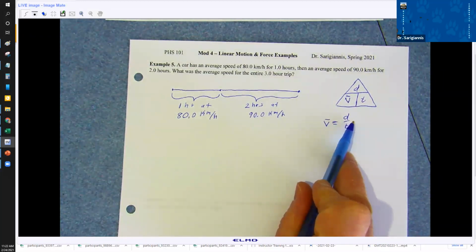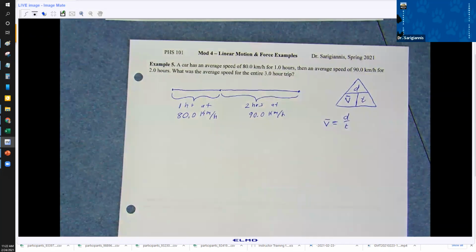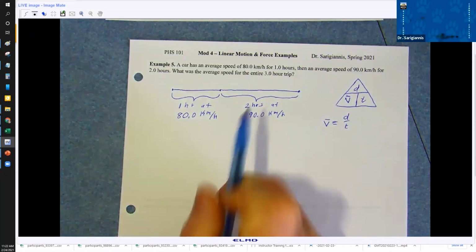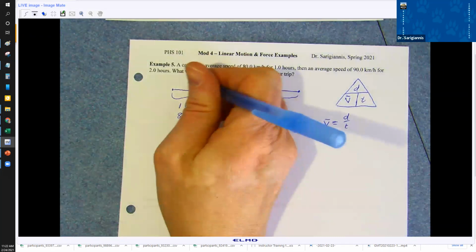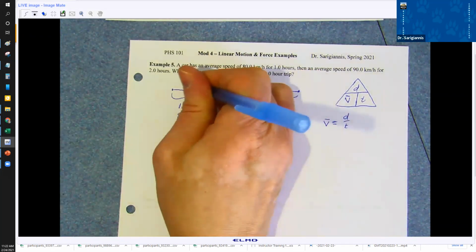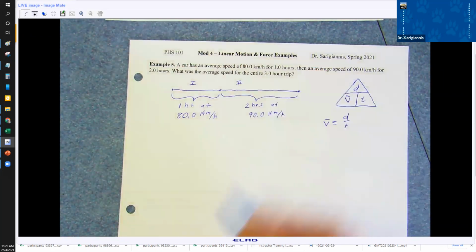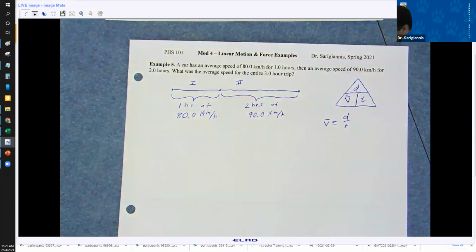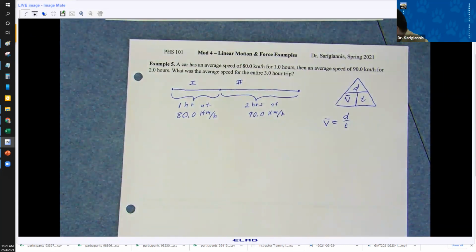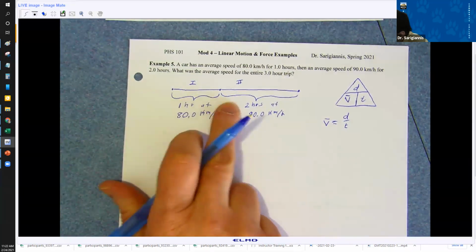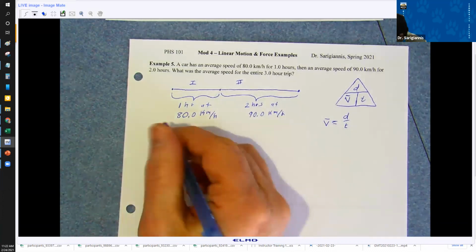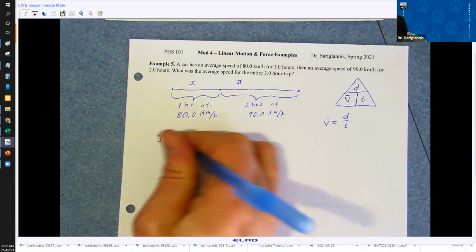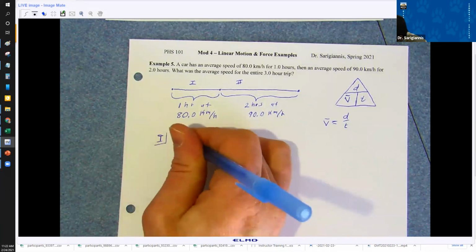We don't know the total distance. We weren't given any information about the total distance, but we do know the speed and the time for each segment of the trip. All right, so this is segment 1, and this is segment 2. These are supposed to be Roman numerals. They didn't come out that way. So the first thing I can do is figure out the distances traveled for each of the segments. So for segment 1, find